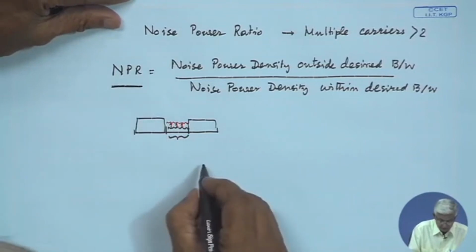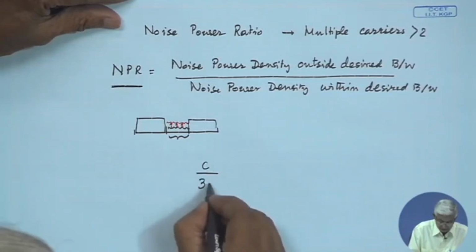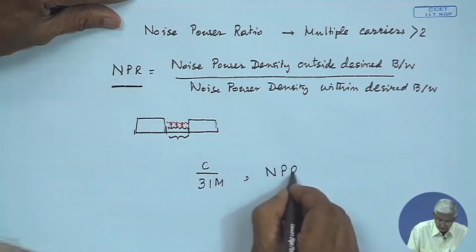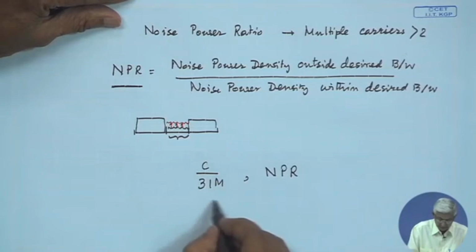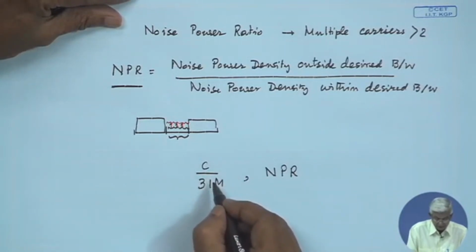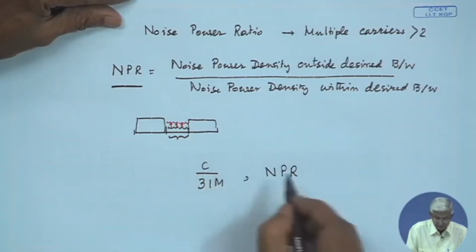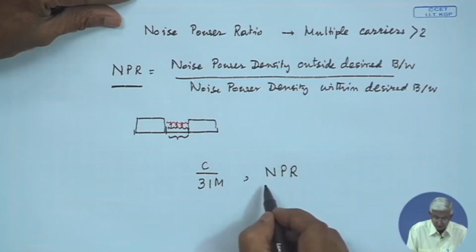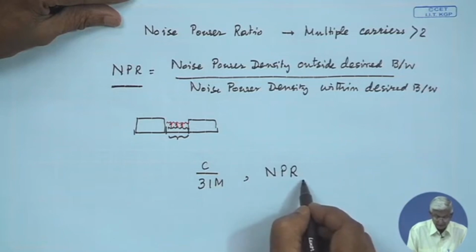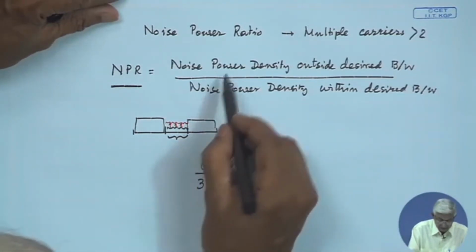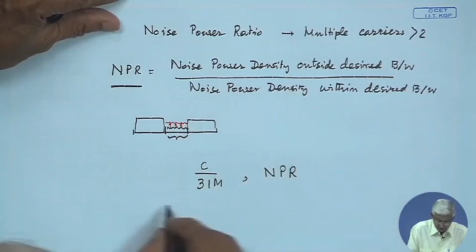So, we have come across 2 terms, C by 3 IM and NPR, noise power ratio. This is defined for 2 carrier operation or characteristics of the nonlinear device with 2 carrier operation. This defines the characteristics of the device or system with more than 2 carriers, multiple carrier operation. That is only the. Now, the meaning is that if NPR is